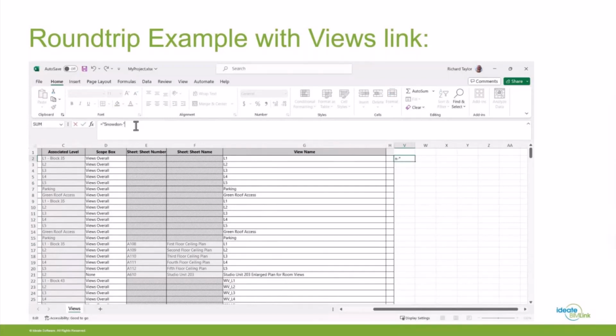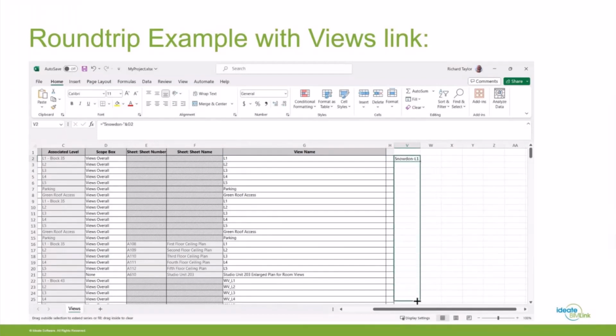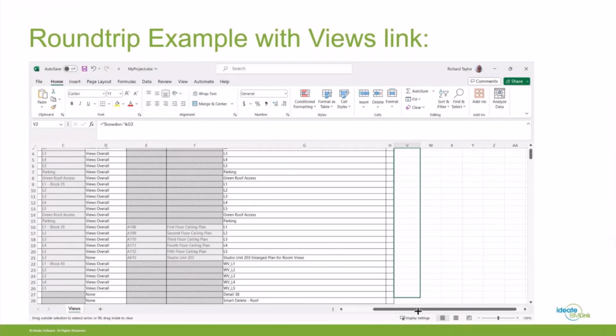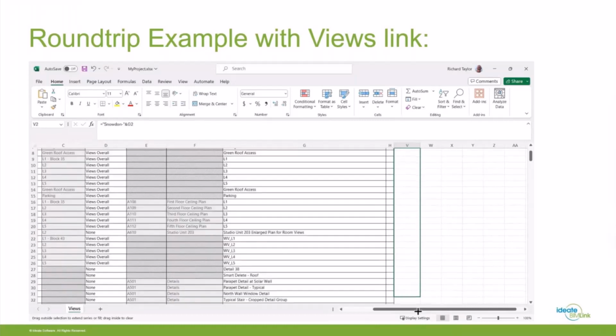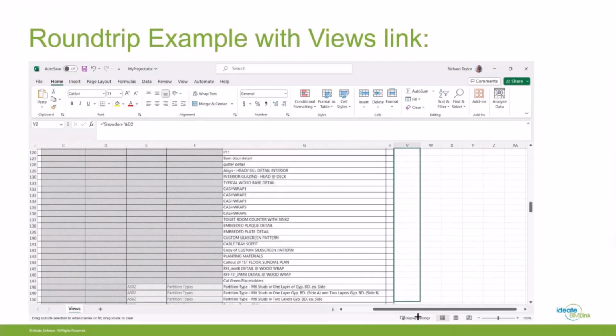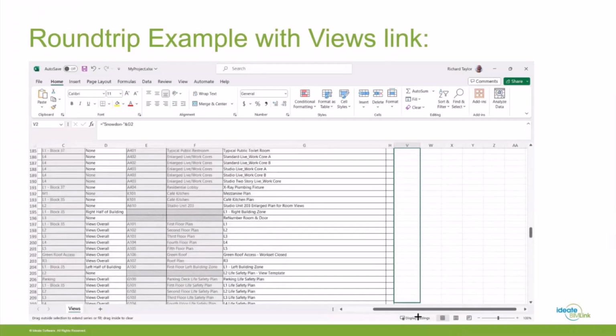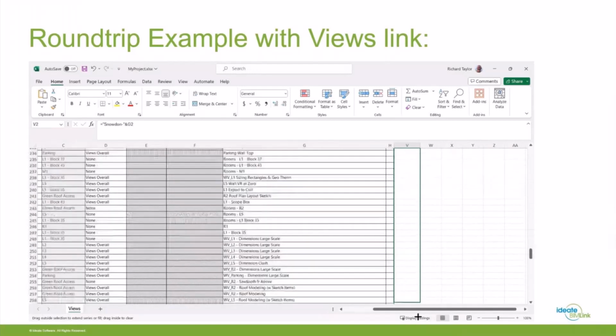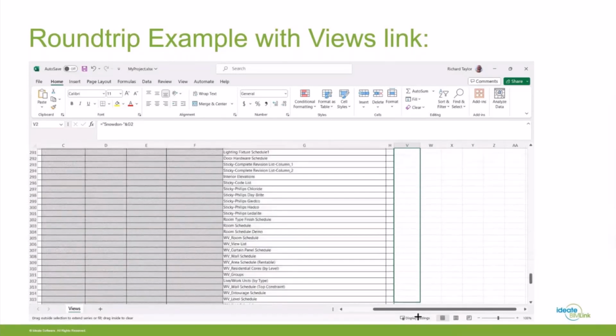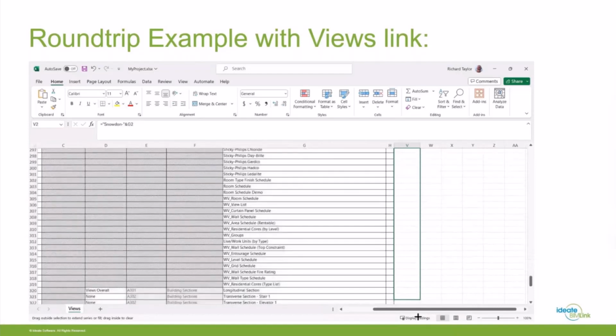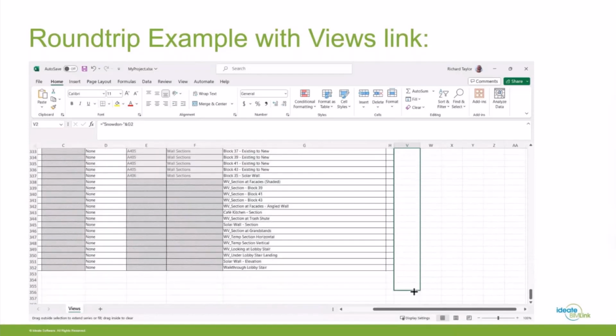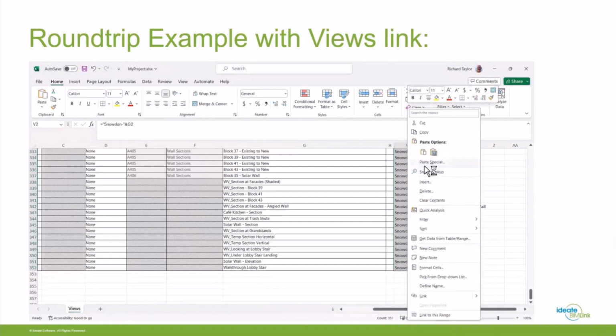Now I'm going to use column V as what I call a scratch pad. I am going to do a nice little formula where I'm going to prefix the view name with a prefix of Snowden, because I'm using the Snowden data set that is delivered with Autodesk. So once I do that little formula, I'm going to pull it down to all these views, and you can see I've got quite a few. And this is just one of the many examples of the power of BIMLink. I've got 352 views I'm going to be updating.